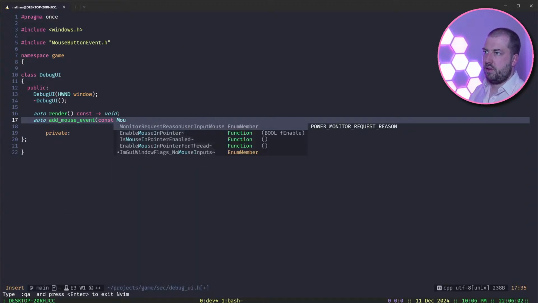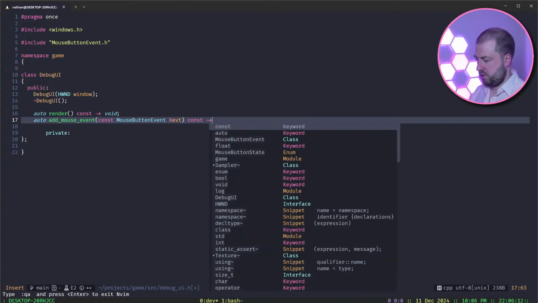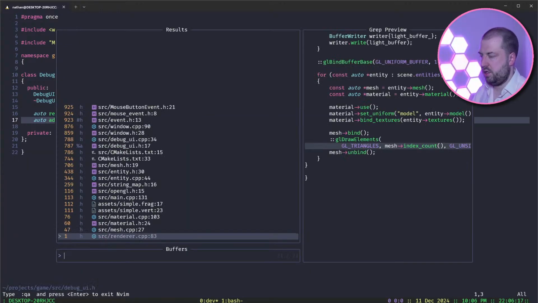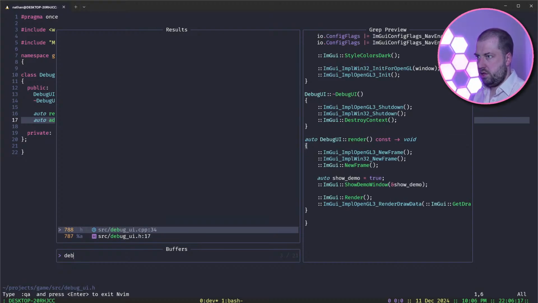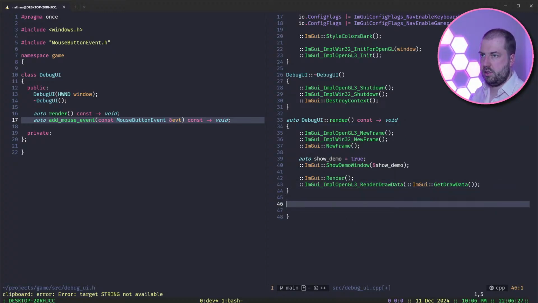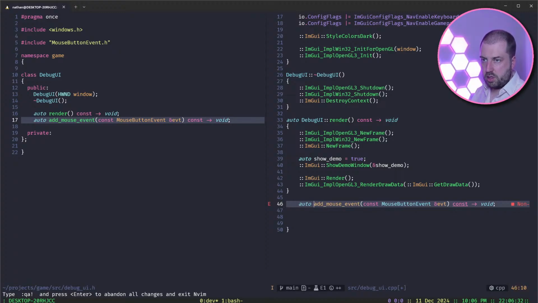Const mouse button event, const void, and debug UI. So somewhere under here we're going to do debug UI